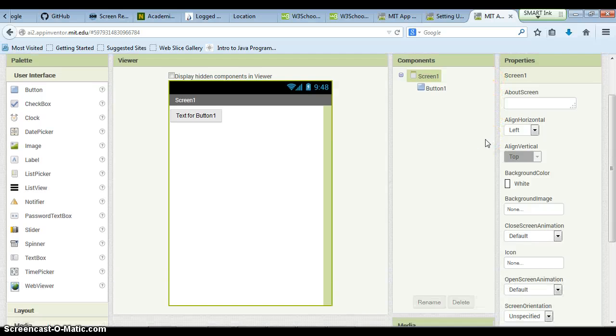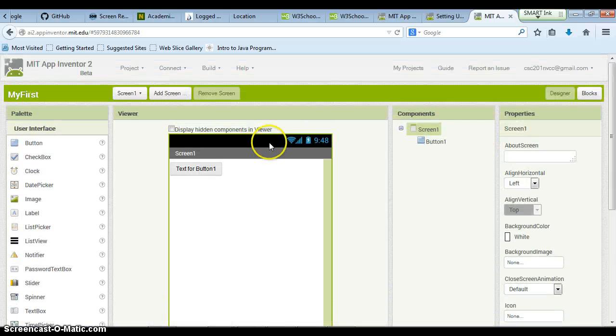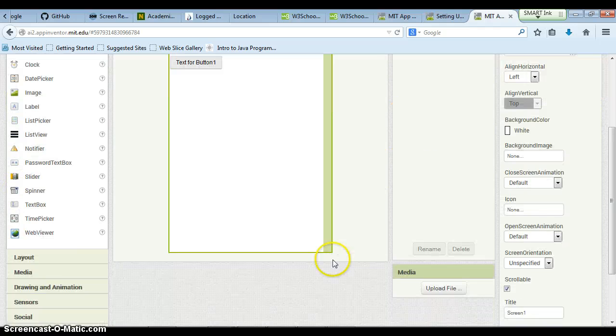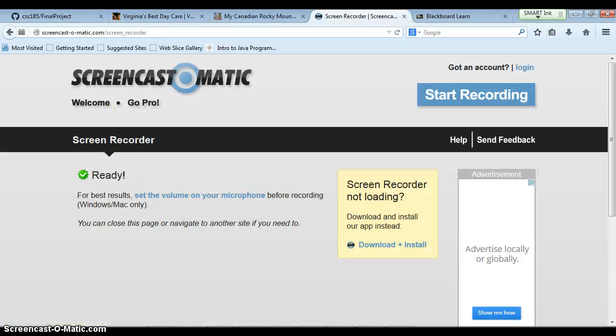now we're going to look at this. There are two views, right? Designer view and blocks view. Designer is where you're going to make your apps, like how you want them to look. Now before we move on, I want you to watch the movie. I think already. So let's say